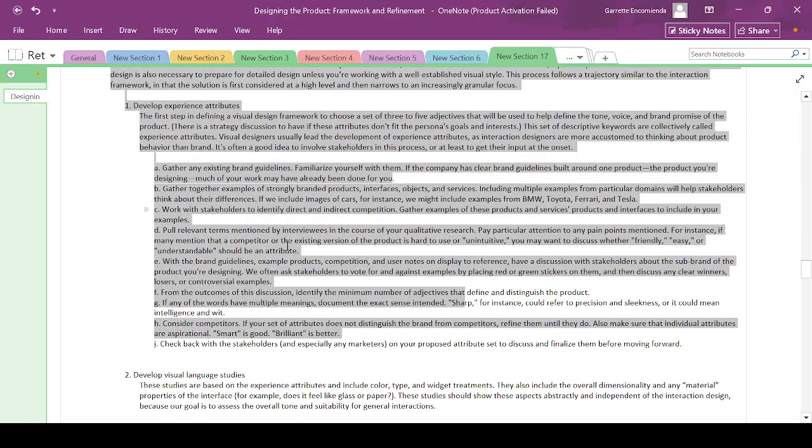Develop experience attributes. The first step in defining a visual design framework is to choose a set of 3 to 5 adjectives that will be used to help define the tone, voice, and brand promise of the product. There is a strategy discussion to have if these attributes don't fit the person's goals and interests. This set of descriptive keywords is collaboratively called